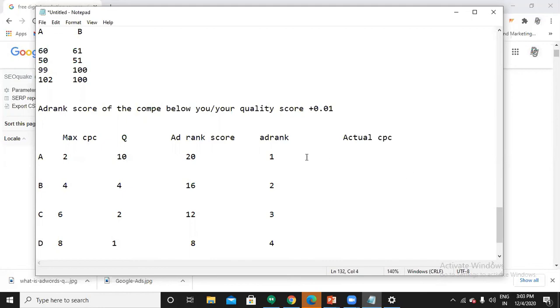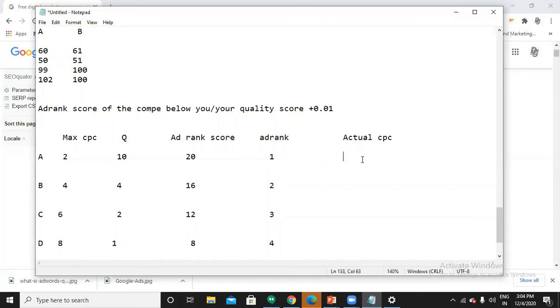Now you have a formula. Just see the formula and tell me: ad rank score of the competitor below you. I'm going to calculate the actual CPC of A. Who is the competitor below A?